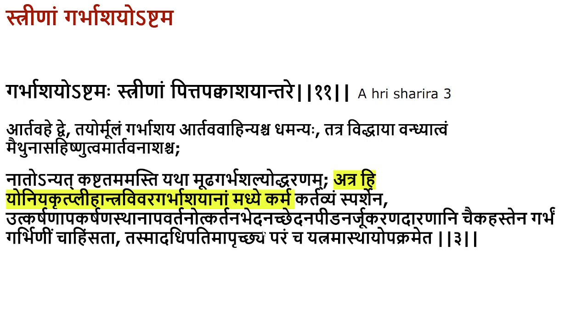Then Striinam Garbhashaya Ashtamaha. The Garbhashaya, the uterus, is the eighth organ according to Sushruta, and those are Garbhashaya, Pitta, Pakvashaya, and the relationships are mentioned in Ashtanga Hridaya as the organs which are related to the intestines, in anatomical relationship. And there again, the Artavaha Srotas is considered as located in, or linked to, the Garbhashaya. Artavaha Dve, Tayor Moolam Garbhashaya, Artavaha Dhamanyaha. The Artavaha Srotas, the tubes, the fallopian tubes, are related to the Garbhashaya.